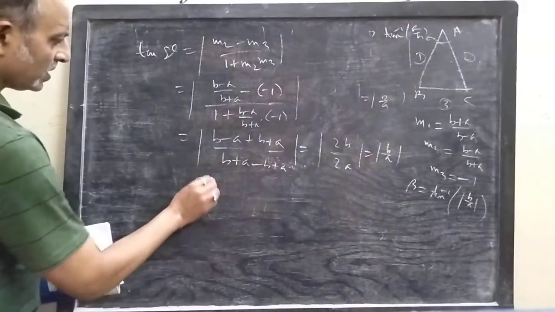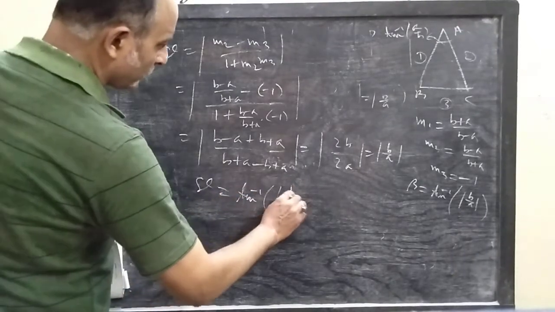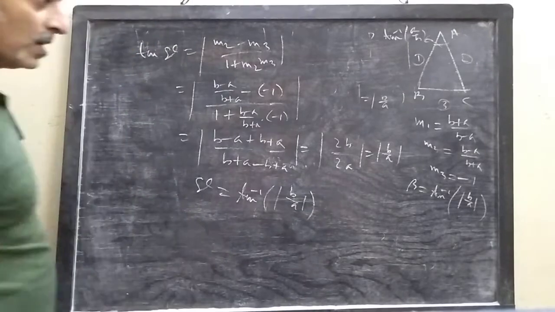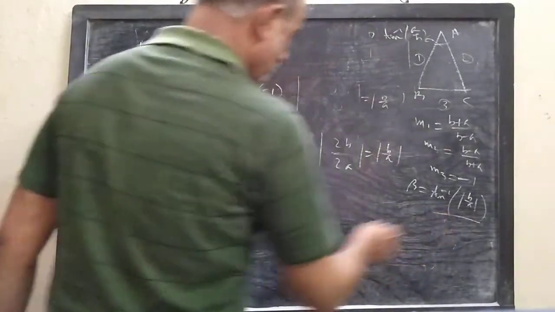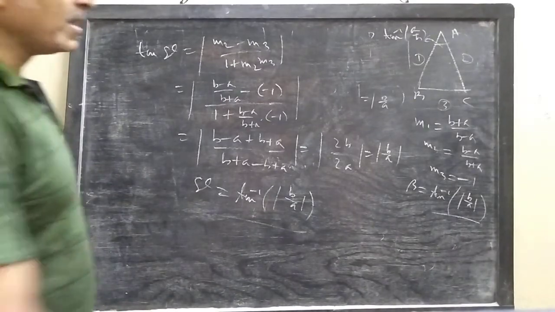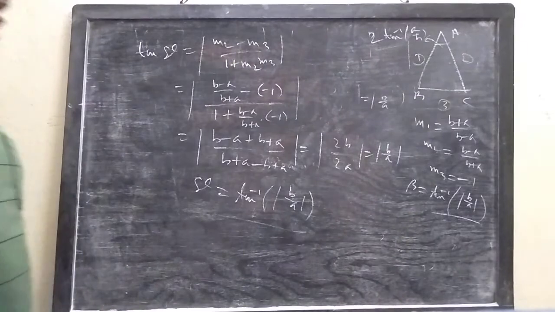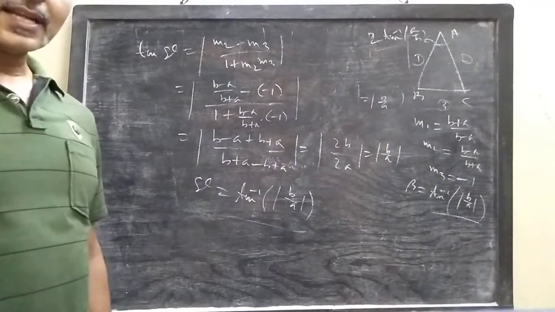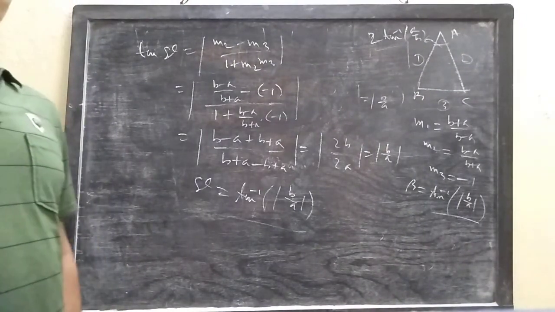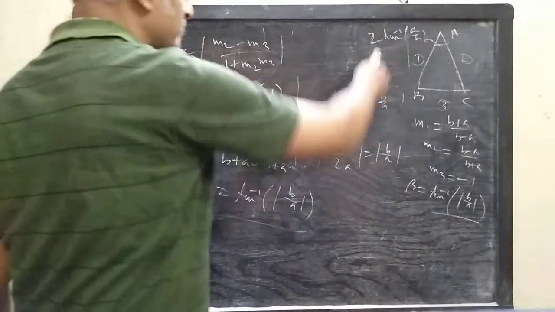So your gamma becomes tan inverse of mod of b by a. So see, beta and gamma are equal here, and the remaining angle is this. So it is proved that the given three straight lines are the sides of an isosceles triangle, where the angle between the equal sides is 2 tan inverse of a by b.